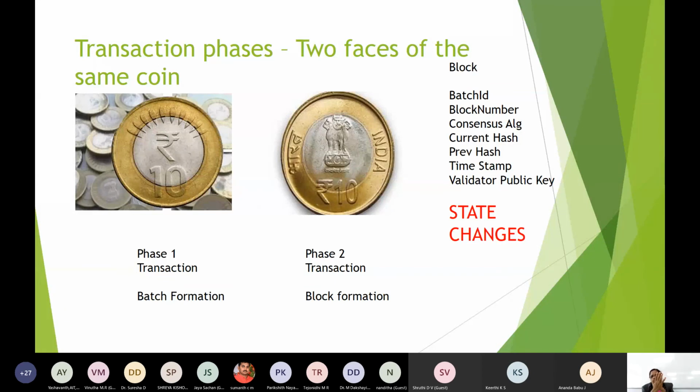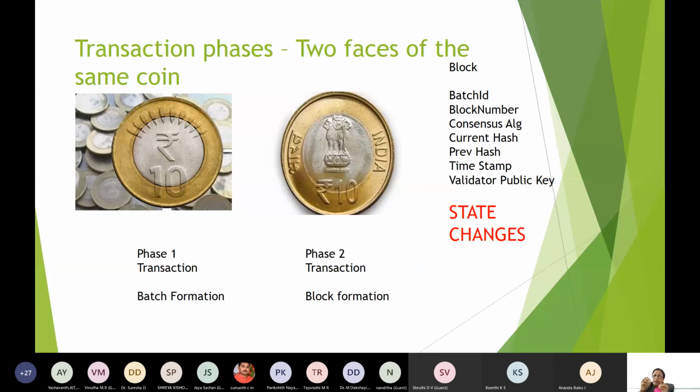Then only the transaction is completed. That means for the batch, at the client side, batch formation will be done, right? Transaction submitted, batch formation will be done, and then block formation should happen, no? Block formation happens at the back end at the validator and the Sawtooth network.